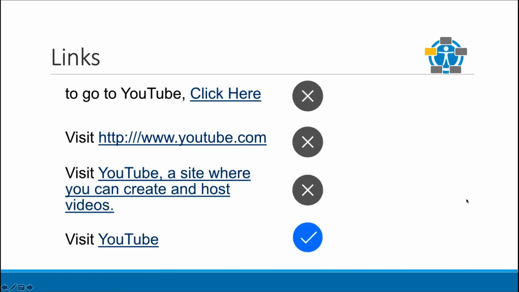And so it's important to make sure that those links can be understood on their own without needing the surrounding context of the document. So there's a few rules we want to follow. For example, you don't want to have links that say, click here, because if the individual is just going through the list of links and they just encounter 10 links that say, click here, they're not going to have any idea which link is which,